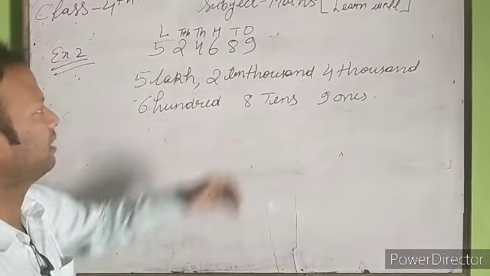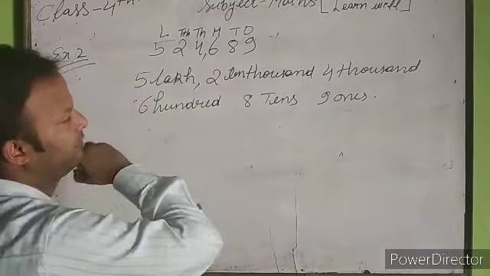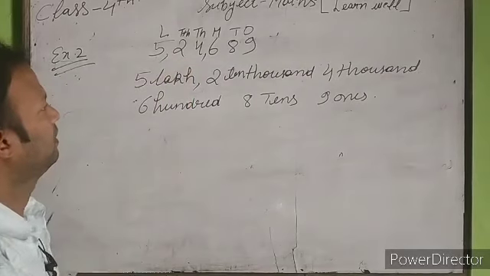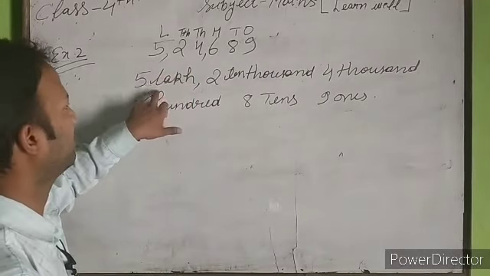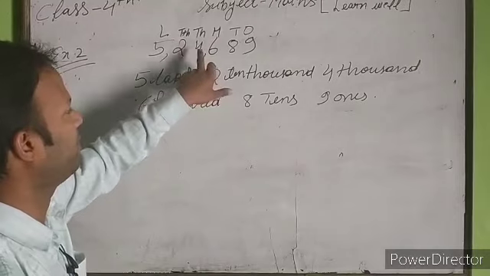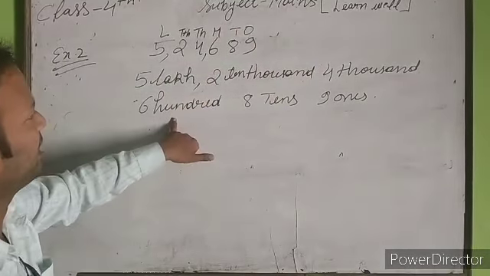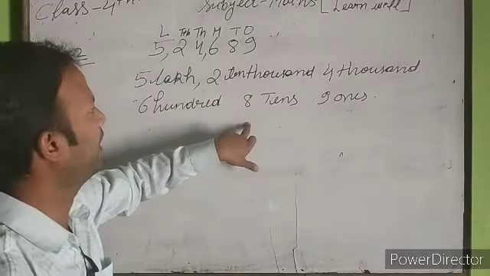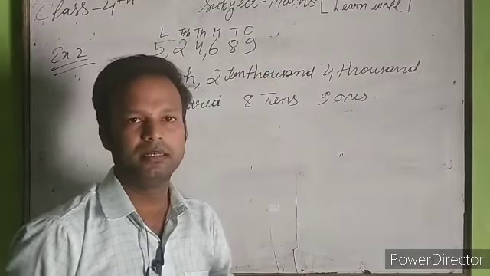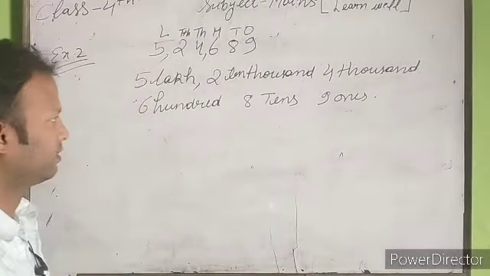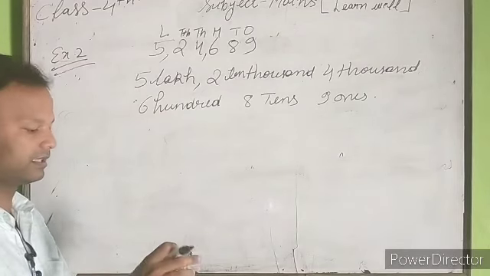Here you can see, first put the comma according to the Indian system. Then you can write how many lakhs are there? 5. How many 10,000s are there? 2. How many thousands are there? 4. How many hundreds are there? 6. How many tens are there? 8. How many ones are there? 9. Hope you understood. Now we will begin our exercise